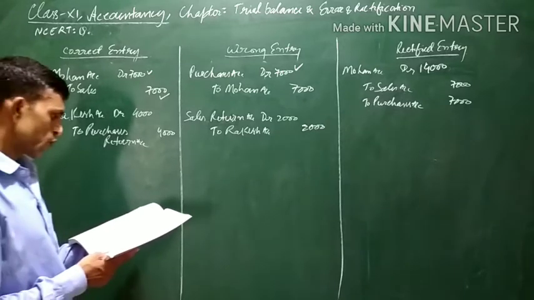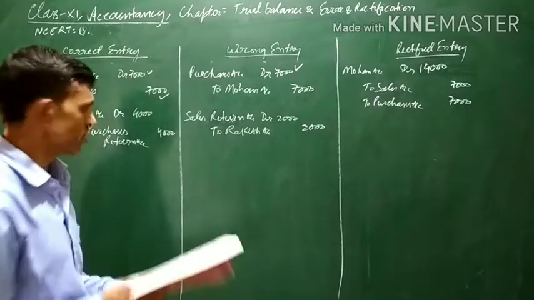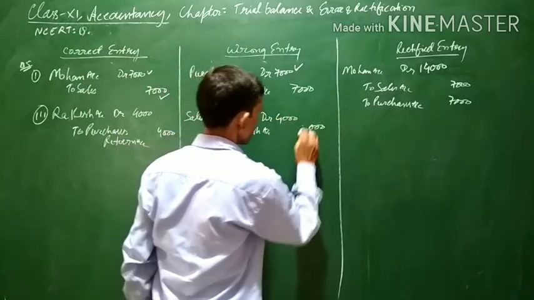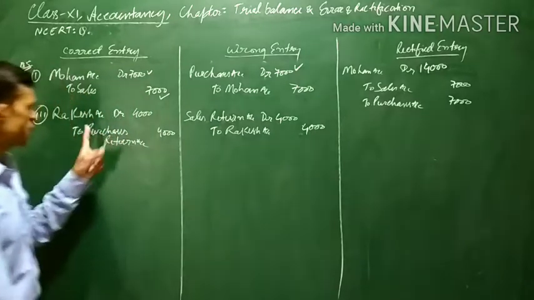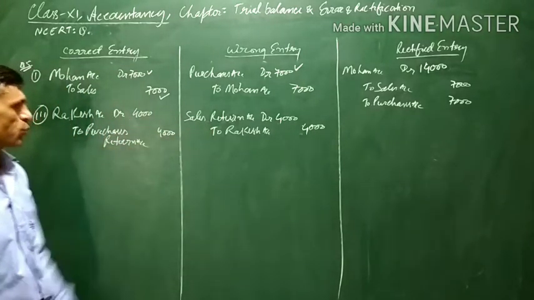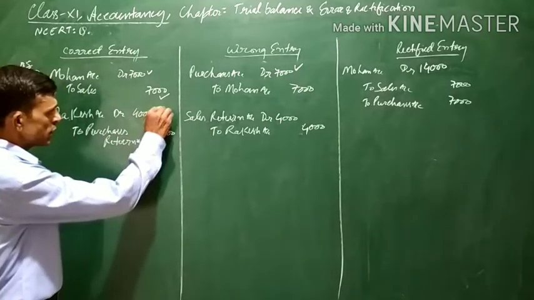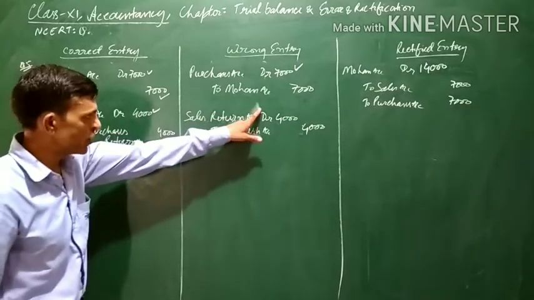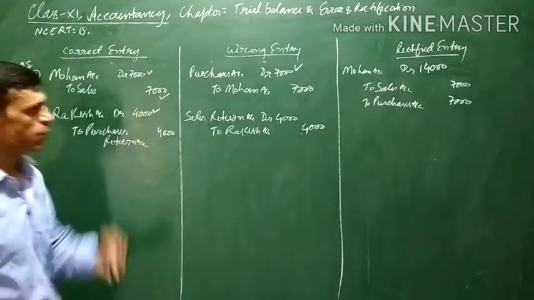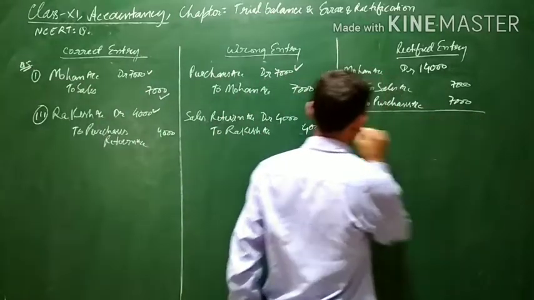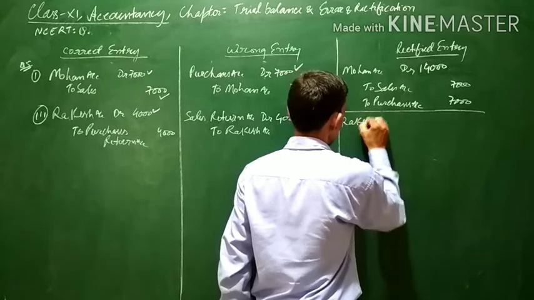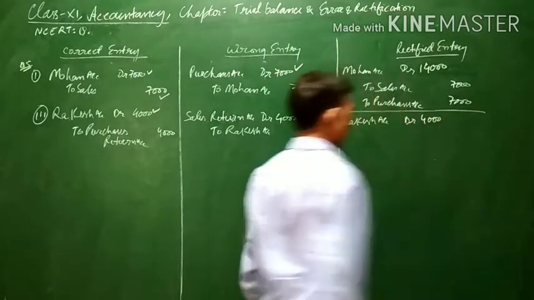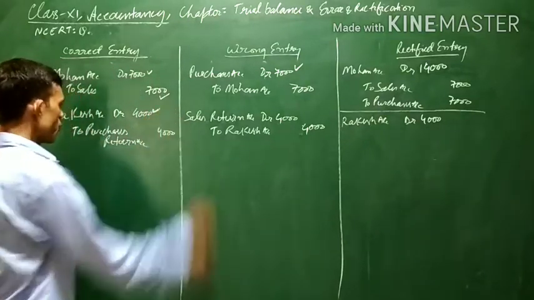Goods returned to Rakesh, the third one we are doing, 4,000. The amount here is 4,000. Goods returned to Rakesh, 4,000, has been recorded in sales return book. Now here see, the correct entry should have been Rakesh account debited, but Rakesh account has not been debited here. So what do we have to do? We have to debit Rakesh account. The rectification entry will be Rakesh account debit 4,000. This has been done now.